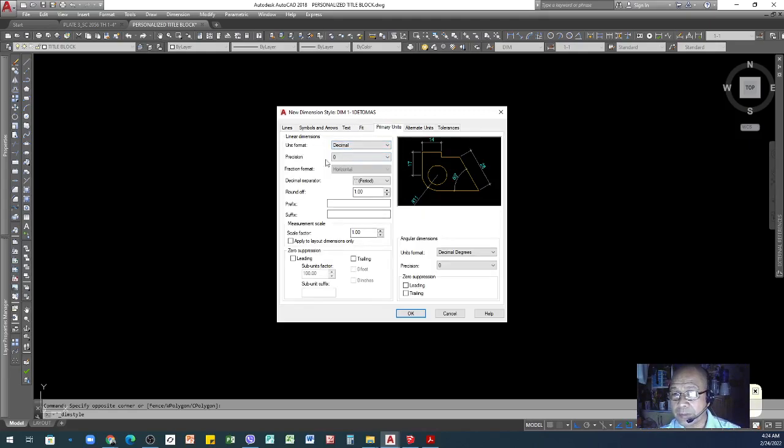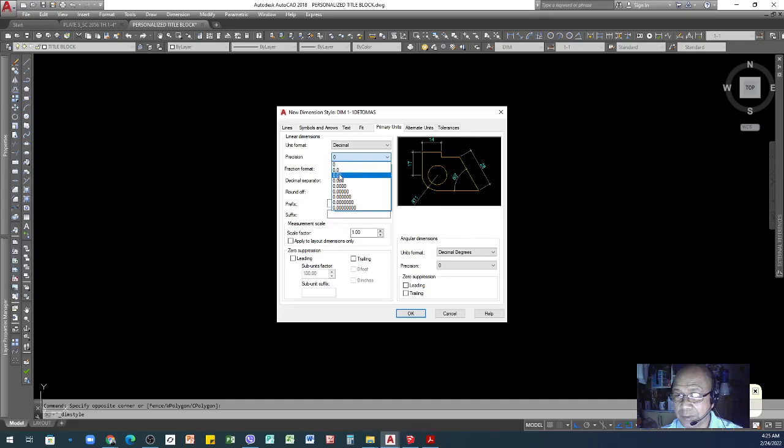Here, primary units precision, I set it to whole number, but if you click this one, a lot of options will appear. If you choose one, there will be a dot and 0 that appears on your dimension, like this one with two decimals. That's the function. But for us now, for your plate number 3, just use the whole number.